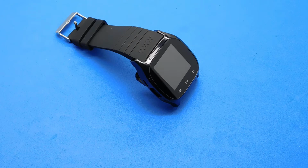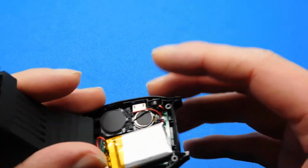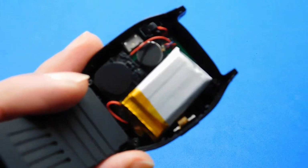As I put a paper clip through the hole, I couldn't feel a reset button. So I've shown you the witness marks. Let's go ahead and show you the battery now. The battery is there, that's the battery there,